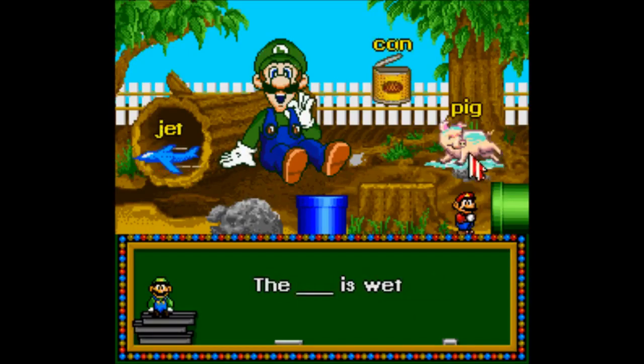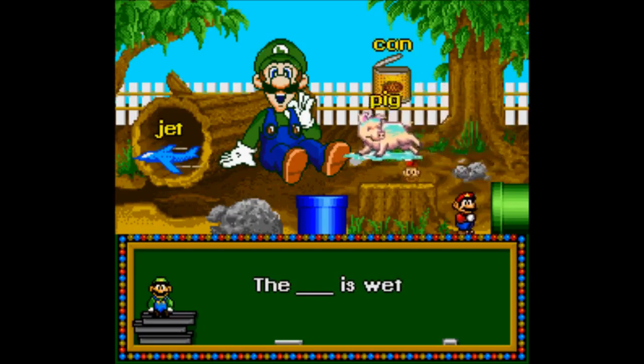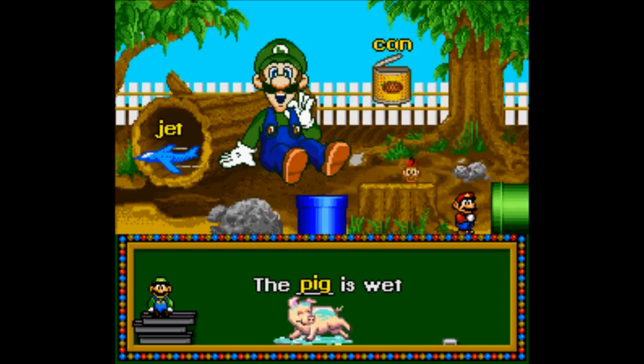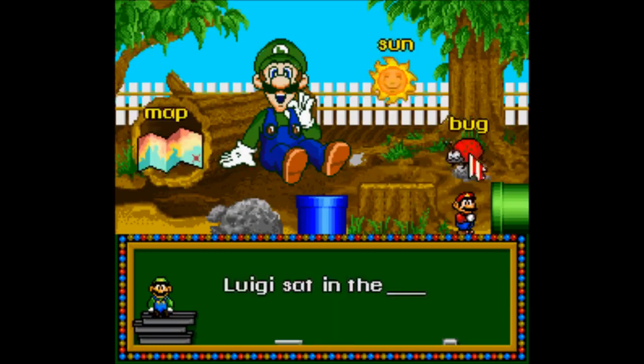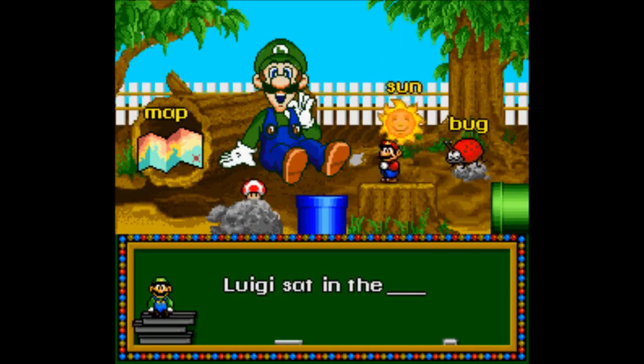Pick the word pig to make the sentence go with the picture. That works for me. You chose pig. The pig is wet. Show me the word sun to make the sentence go with the picture. That works for me. You found sun.